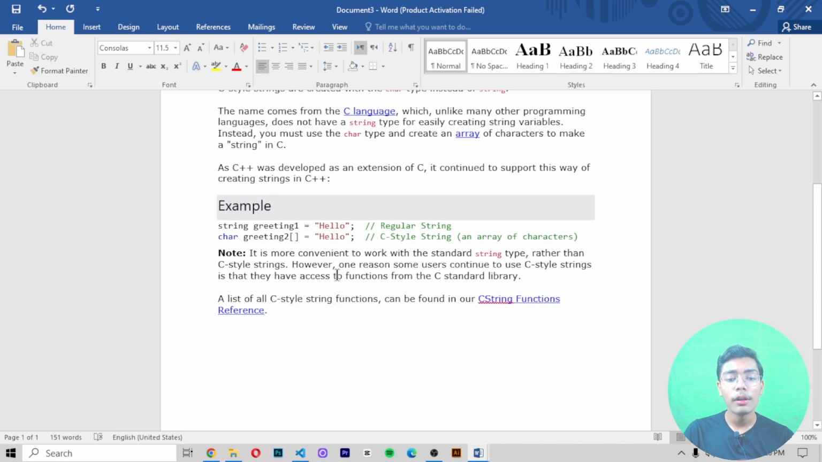Note, it is more convenient to work with the standard string type rather than C style strings. However, one reason some users continue to use C style strings is that they have access to functions from the C standard library. What it is saying is that it is more convenient to work with the standard string type, but one reason some users continue to use C style strings is that they have access to